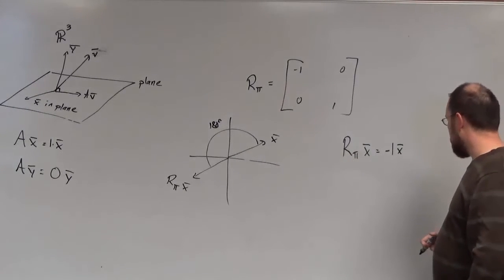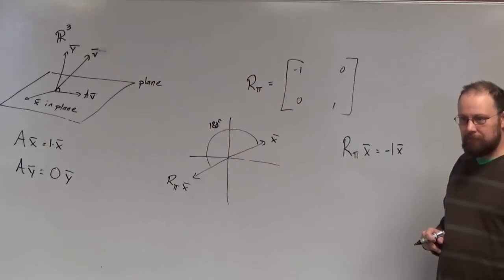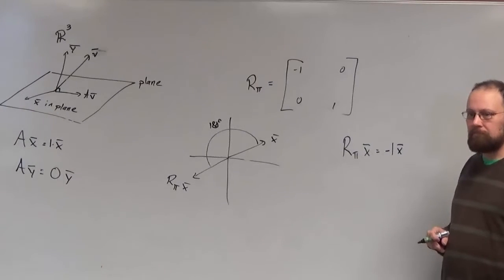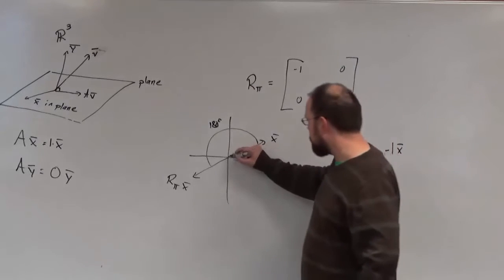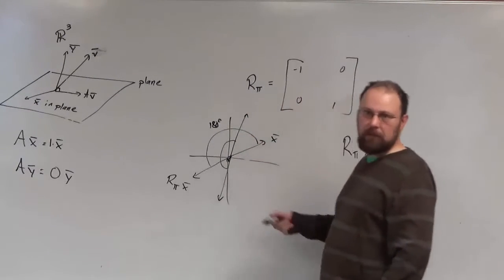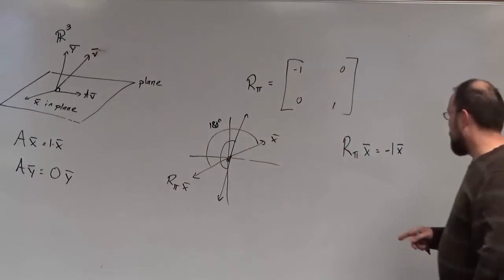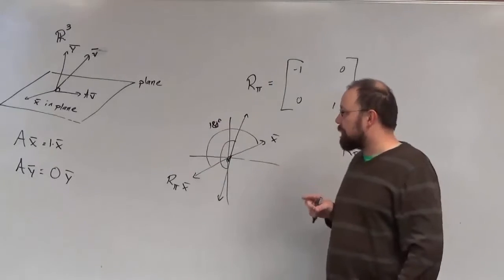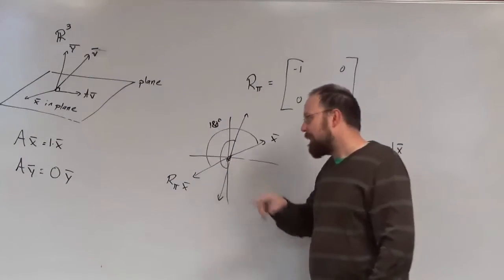And what else can we say? Well, what are all the eigenvectors? That's the whole plane, right? Because you can take any vector, I don't care what it is, rotate it, and you get -1 times that vector. So the eigenvectors are all the vectors. Technically, eigenvectors are non-zero, right? So I guess you can exclude 0. But